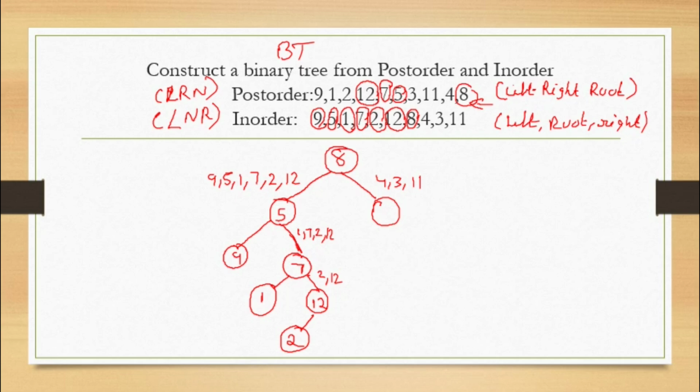In 4 3 11, what comes first? We are coming from the right, so 4 comes first. We mark it there. Then we have something to its left and something to its right, so go to its in order first. We have 3 and 11, both to the right. So what is the root here now? 11 is the root, students. Mark it here. 3 is to the left of this, correct? Yes, so mark 3. Everything is marked here.